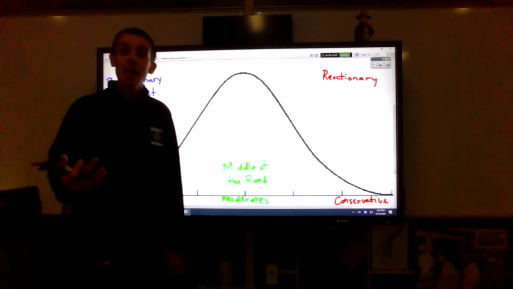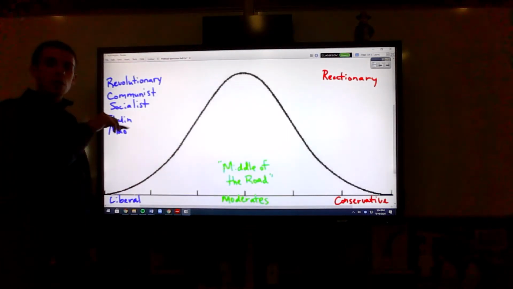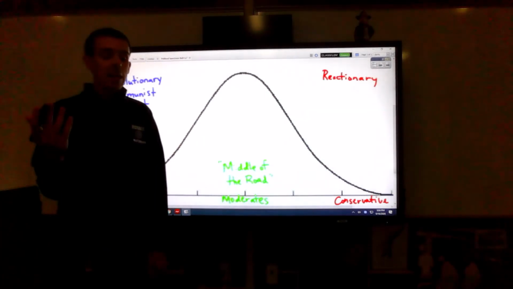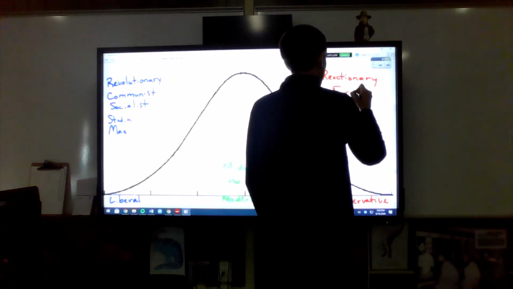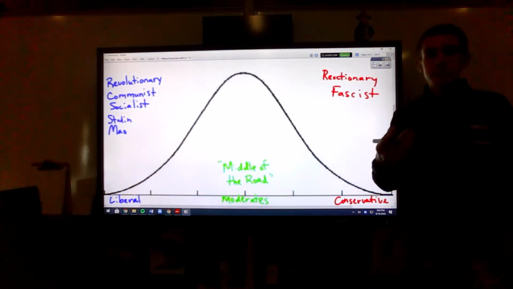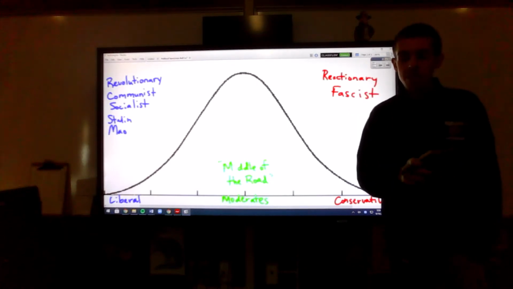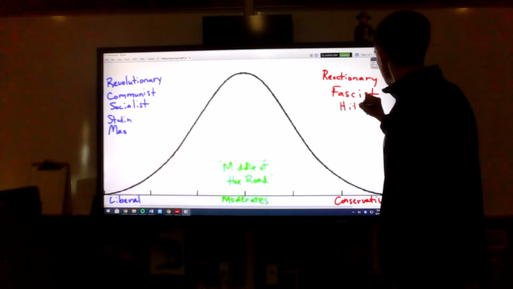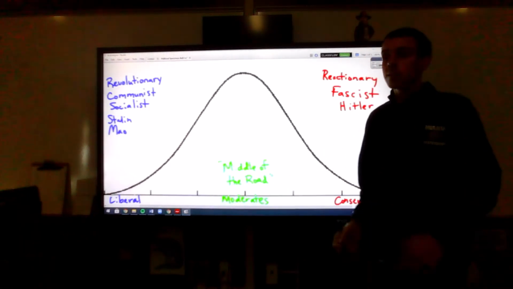Okay, so some examples of this. We said that communists and socialists belong over here on the far left. On the far right, we have another ist, and they would be called fascists. So fascist people belong over here. Now, with fascist people, you probably are thinking of one guy in particular, and you should be. His name would be Adolf Hitler. So Hitler, and we would say neo-Nazis or just Nazis,